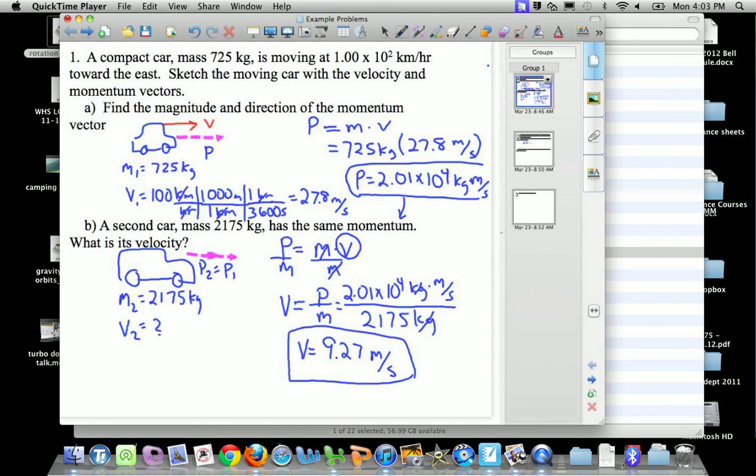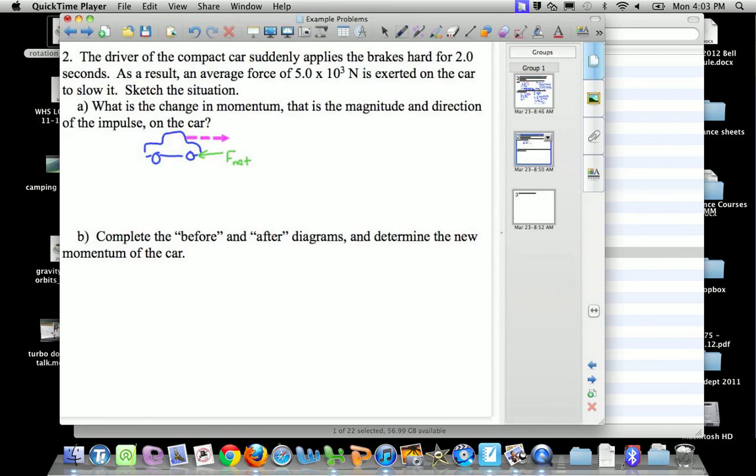Moving on to the second example. The second example says the driver of the compact car, that's the first car, suddenly applies the brakes hard for 2.0 seconds. As a result, an average force of 5 times 10 to the third newtons is exerted on the car to slow it. Again, we're sketching the situation, and I should have done this before, but